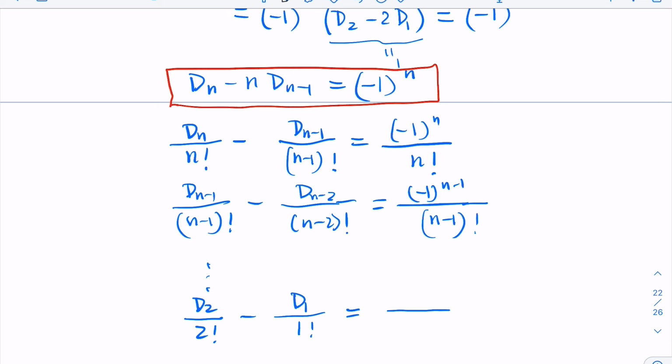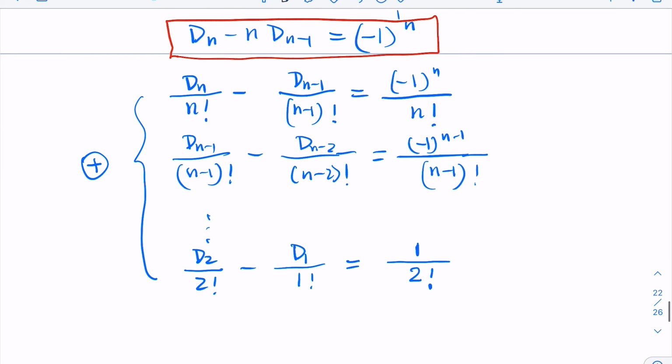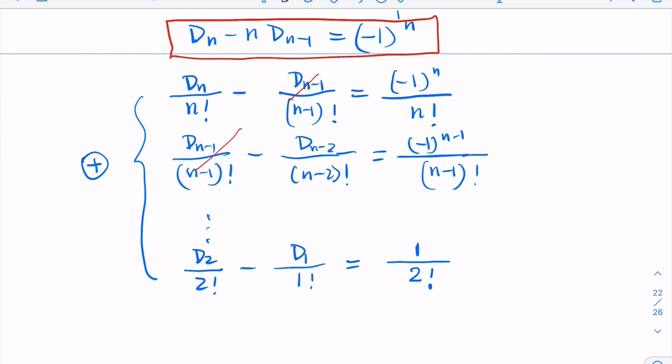So that's going to be 1 over 2 factorial. Okay. So for all that, you're going to add them together, right? Do the add, and what you're going to have is this term going to cancel, that's going to cancel, this is going to cancel, and then you only have this term,